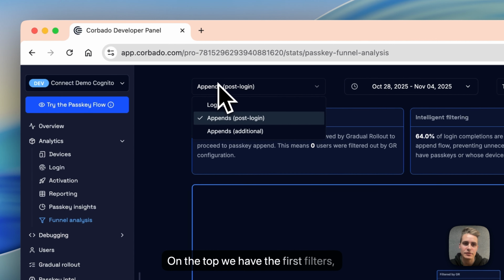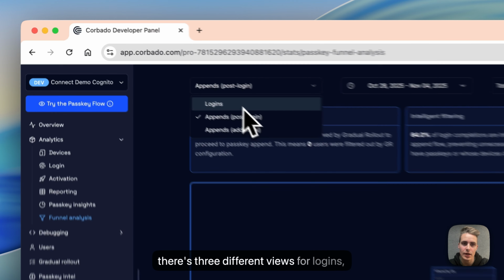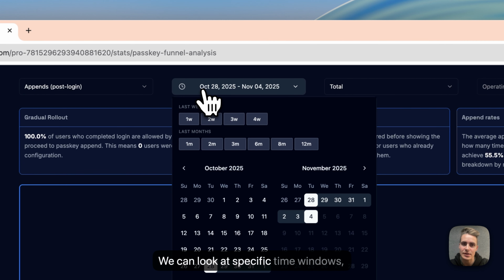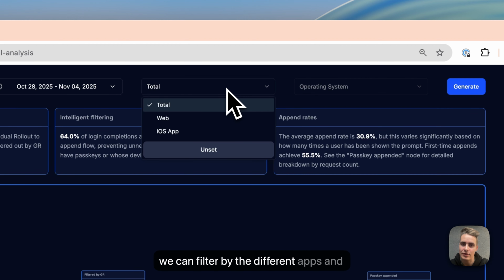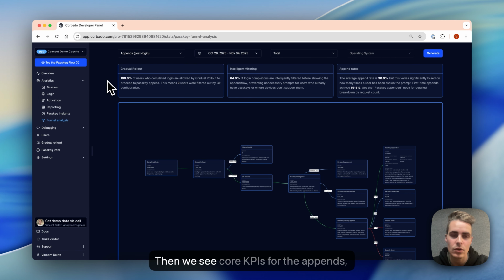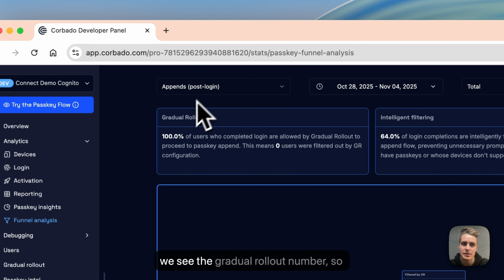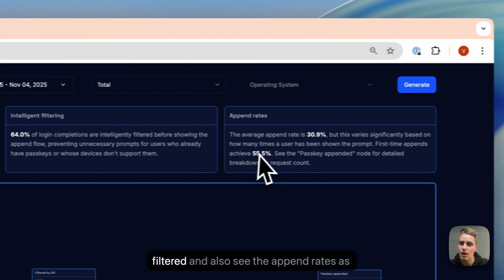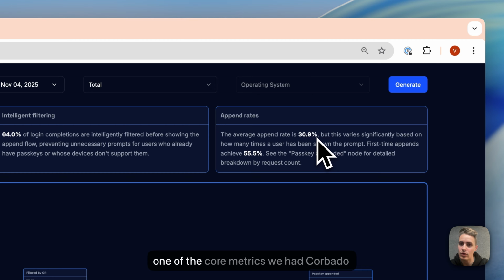On the top, we have the first filters. There are 3 different views for logins, for post-login appends, and also additional appends. We can look at specific time windows. We can filter by the different apps and platforms and also by operating systems. Then we see core KPIs. For the appends, we see the gradual rollout number. So right now, all of them are included. We see how many were intelligently filtered and also see the append rates as one of the core metrics we